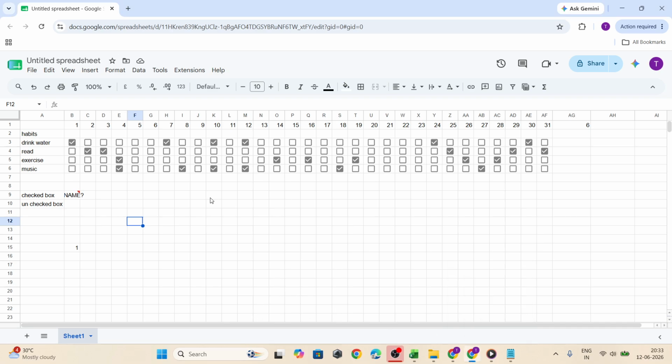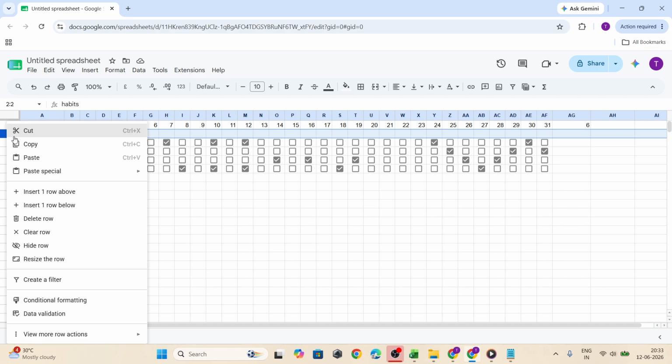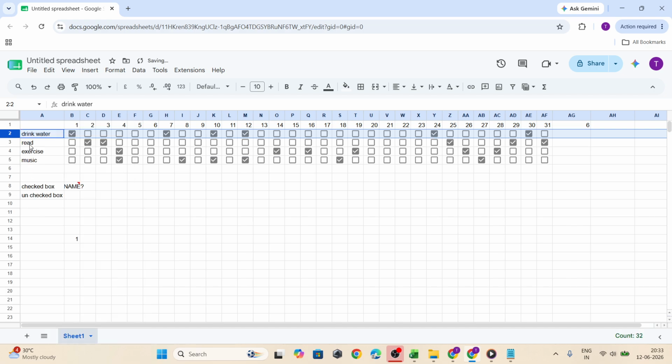In today's video, I'm going to teach you how to count total checked boxes. If you're working with checkboxes in a spreadsheet, it can be really helpful to quickly count how many are checked, how many are unchecked, and how many checkbox cells you have in total. This is useful for things like task trackers, attendance sheets, habit logs, or any checklist where you want a fast